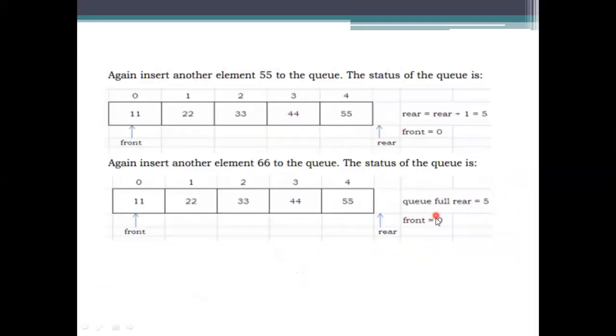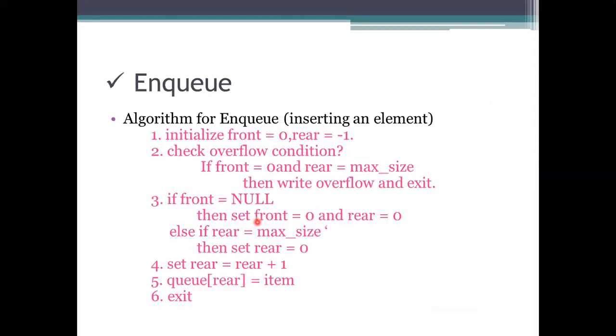See here, the front is equal to 0, rear is equal to maximum size. What is the size of the array structure we are using? 5, and it has reached the maximum point. If so, there is no chance of inserting an element, and this condition is specified as overflow. So first we need to check whether the overflow condition is there or not. The values checked by these variables are: front could be 0 only, and rear specified as the maximum size. When it has reached the maximum size, what has to be done?